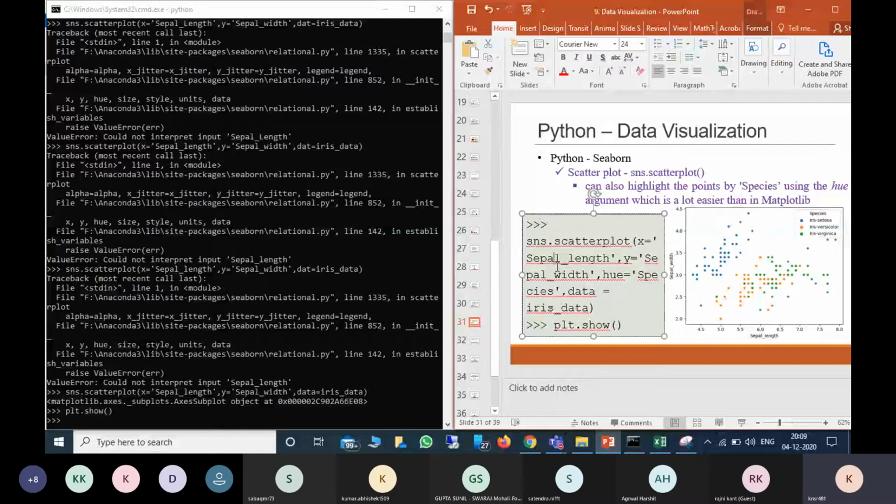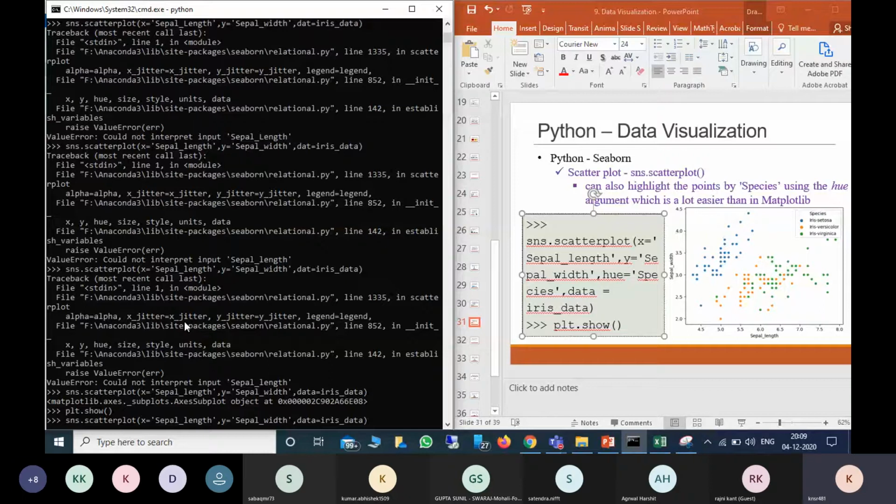So now what I am doing is, I will use sns.scatterplot x equal to sepal length, y equal to sepal width, then data equal to iris. But for getting different colors for each species, what we can do is we can provide a new term that is called hue.